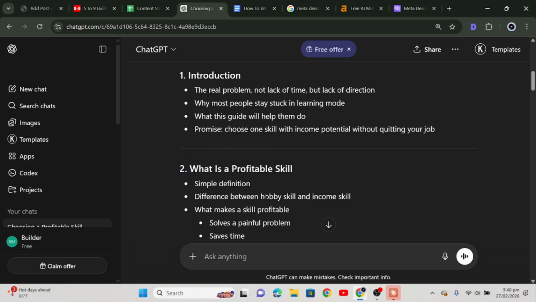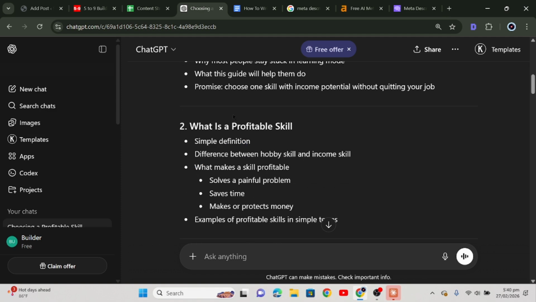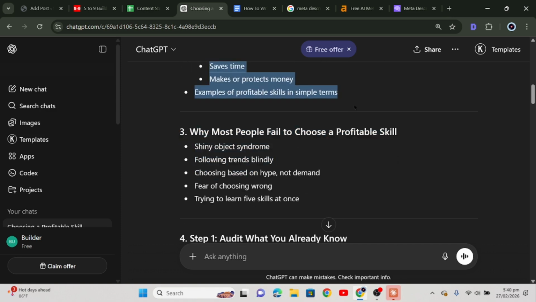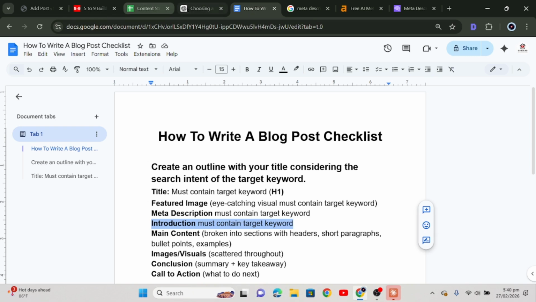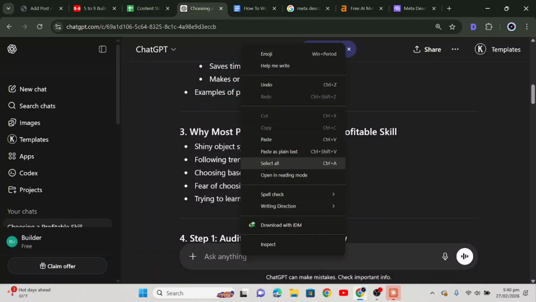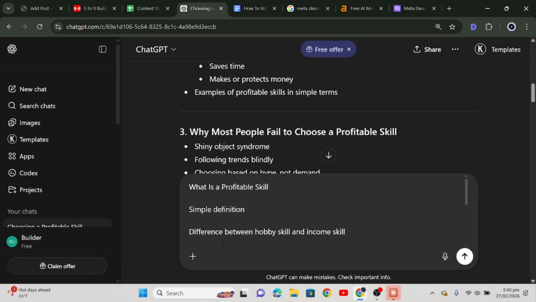Because we have already done the introduction, you can copy this and give it to ChatGPT and tell it to continue with the outline using the same tone,